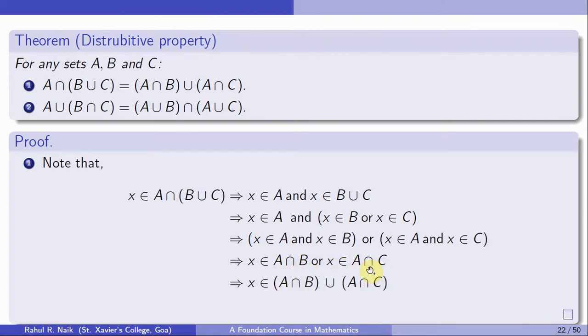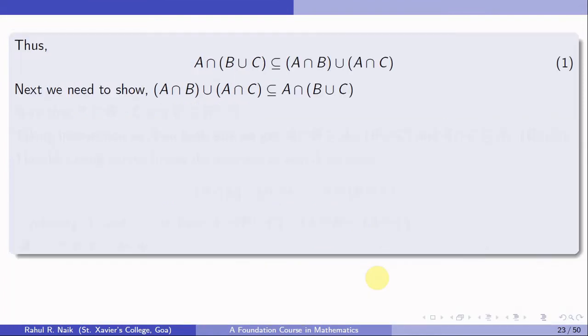Next we need to show the other way around. To show this, again you can formally go with the typical way of showing one set is a subset of another, but here we can use something shorter, that is, using the previous property. We know that B is a subset of B union C. This is trivially true. You can see that B union C is something bigger and it also contains B. So B is a subset of B union C, and C is a subset of B union C. This is true, right? Now using the previous property,